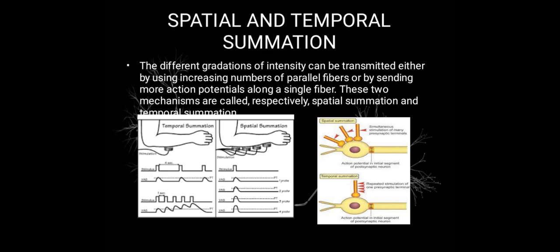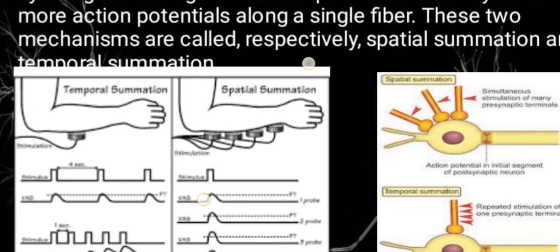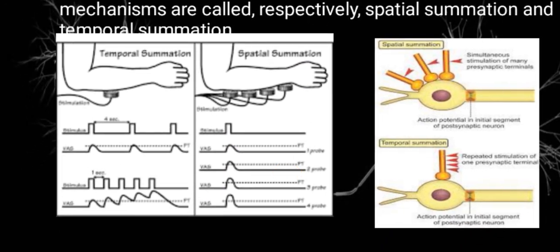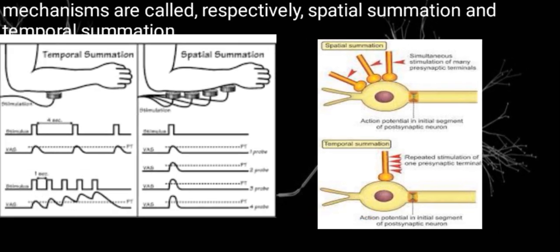Spatial and temporal summation. The different gradations of intensity can be transmitted either by using an increasing number of parallel fibers or by sending more action potentials along a single fiber. These two mechanisms are called, respectively, spatial summation and temporal summation. Spatial summation in the sense, temporal summation here we could see. Spatial summation,